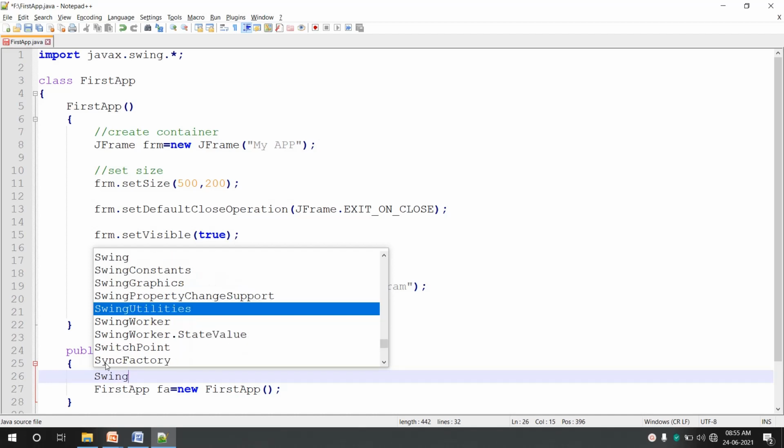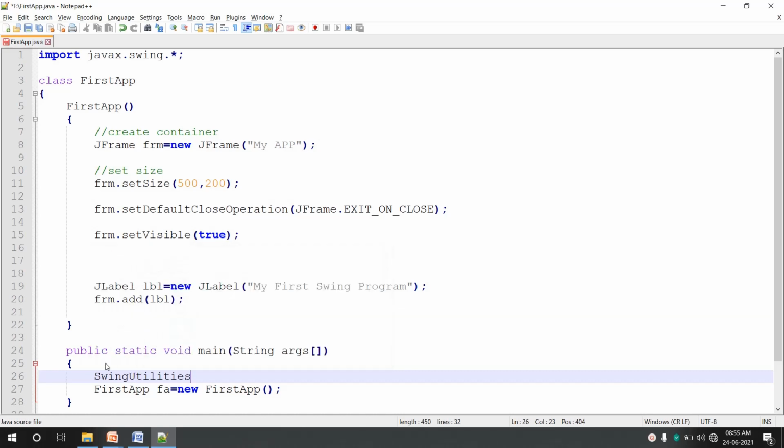In Java it is used to create an event dispatching thread, so we will be using Swing Utilities dot. It provides us with the methods invoke and wait and invoke later.